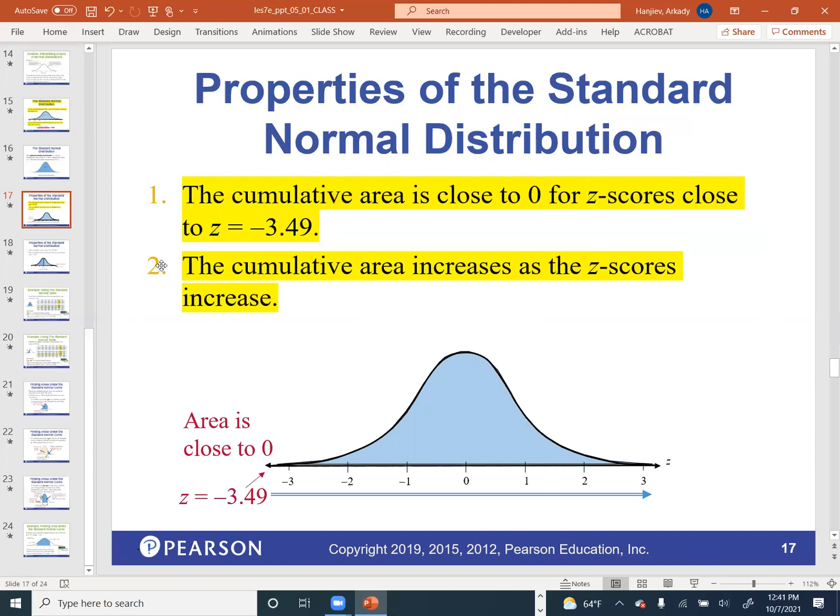So now let's talk about the z-score. What does it mean here? So a cumulative area is close to 0 for z-scores that are close to negative 3.49. So that means 3.5 standard deviations away. If you are right here and you get a z-score of negative 3.49, pretty much we say the area underneath the curve is 0. There's no way that even 1% of the population is here somewhere. So once you go beyond a negative 3.49 for a z-score,